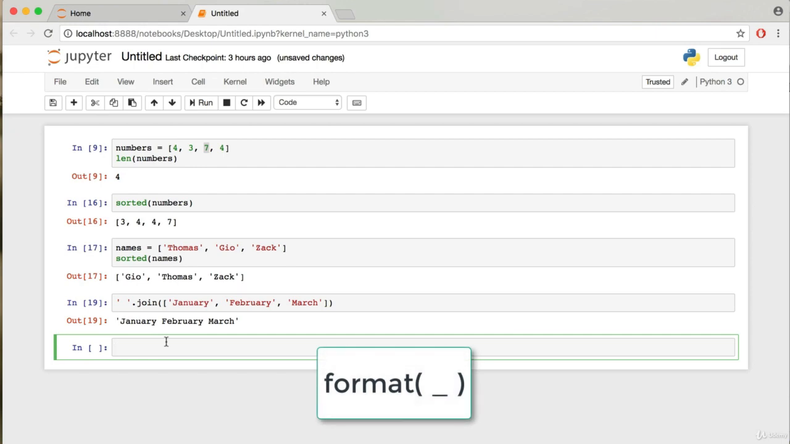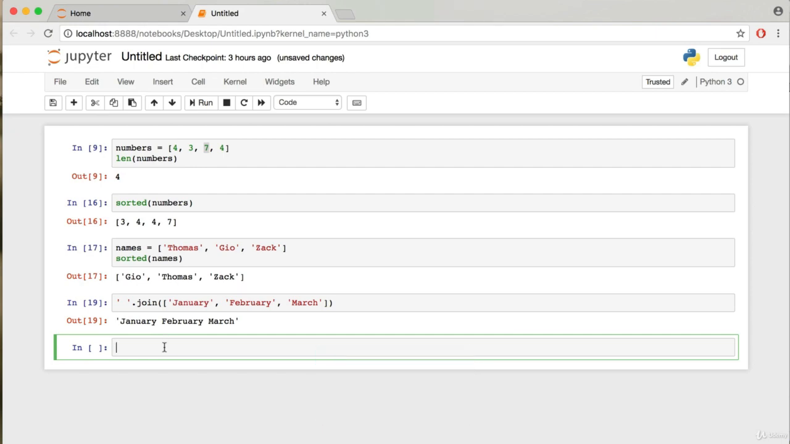Another useful string method is format. This is most easily demonstrated with a print statement. So print, "this person is", open up curly braces, close curly braces, do that once more, and another set of brackets. Okay. What we can do now is we can format the string, .format,